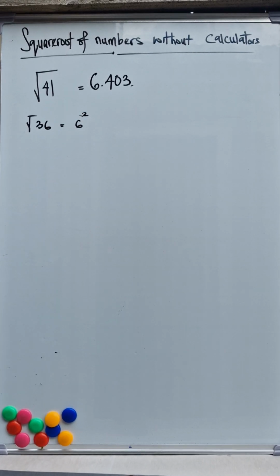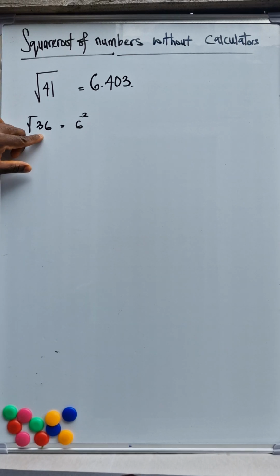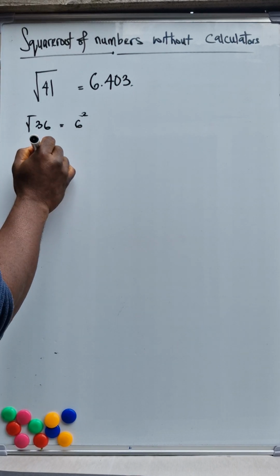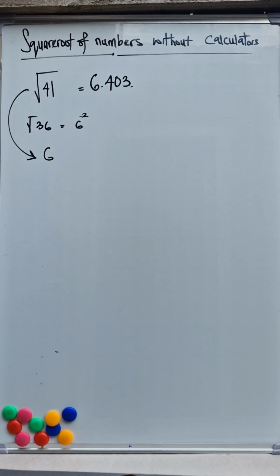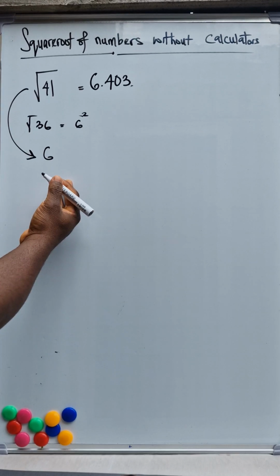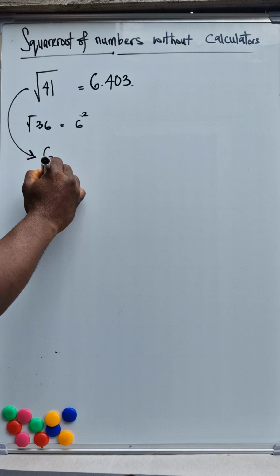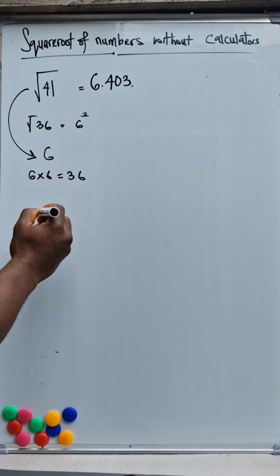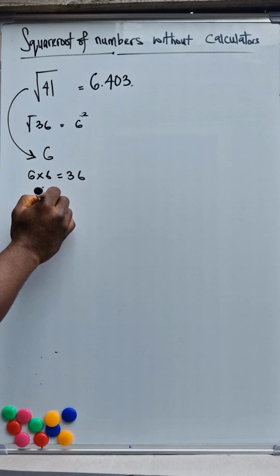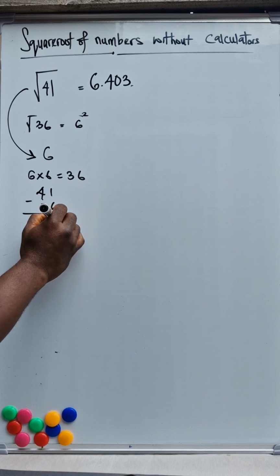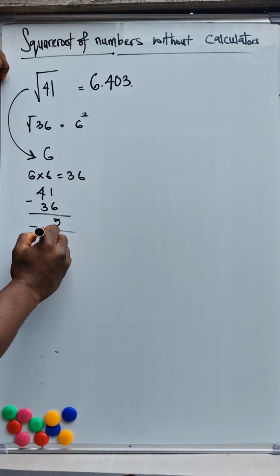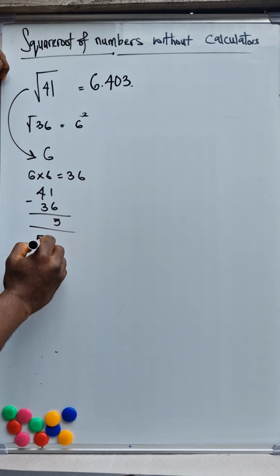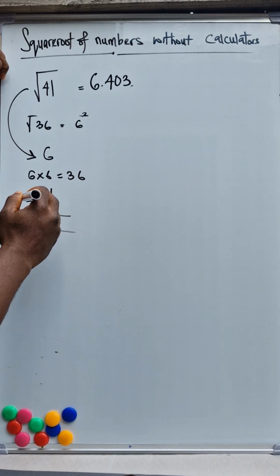So since we have our closest perfect square to be 36, we can now write down from here 6. Now 6 times 6 is 36. We'll now do 41 minus 36. That leaves us with 5. After we have gotten here, the next thing we need to do is to now get down to the real work itself. 5 divided by this 6